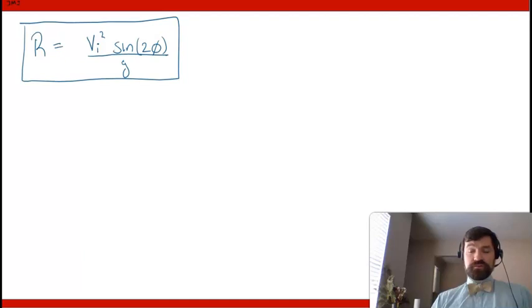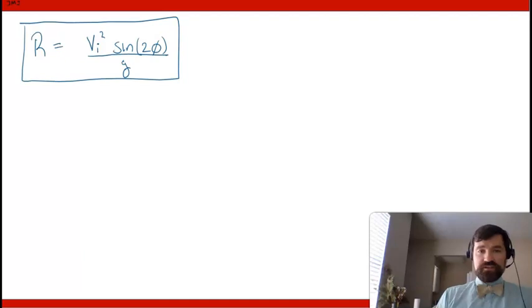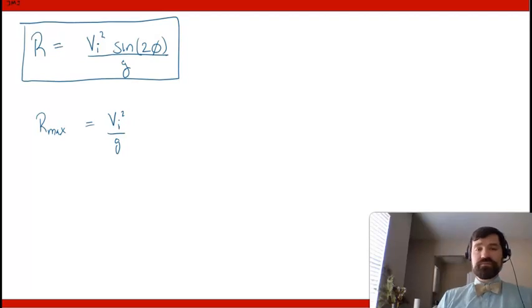Now, there is one conceptual thing we can do with it, which is to ask for what angle the maximum horizontal distance is achieved, assuming that the thing is being projected across horizontal, level ground. The answer is that to maximize this, our maximum happens when v initial squared over g times sine of 2 phi is simply v initial squared over g. In other words, the maximum value of sine 2 phi